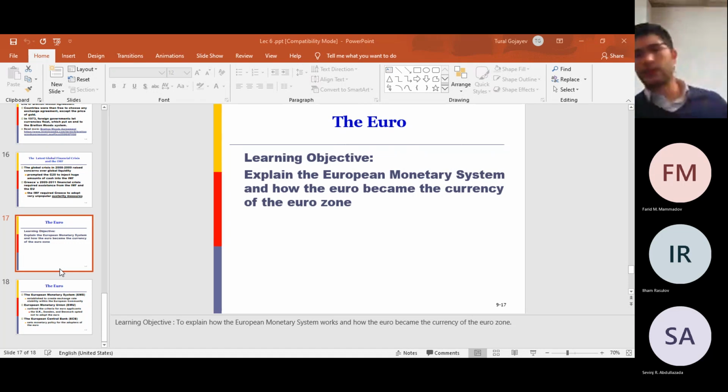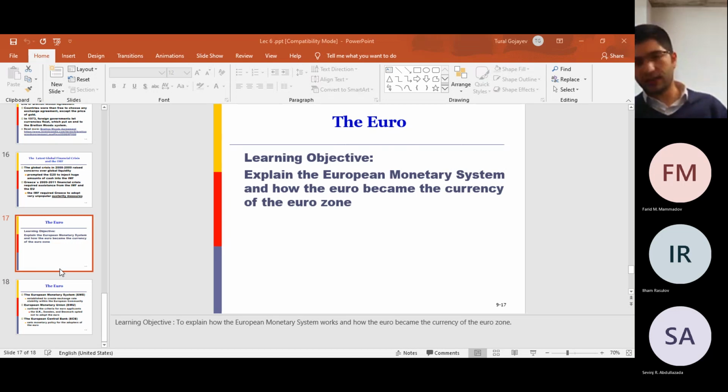But some countries have their own currency. That's why they are not included in the Economic and Monetary Union. We talked about the Economic and Monetary Union. We said that 11 European countries, in the beginning of the 90s, created the Economic and Monetary Union. As we say, this is called a monetary union. That's why there is a common currency, the euro, and the member countries are using the same currency.